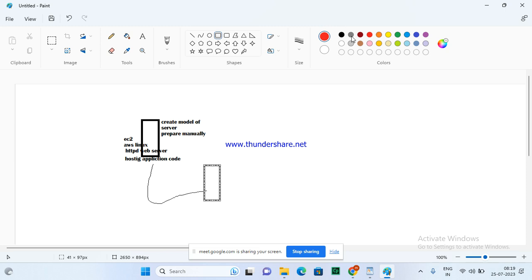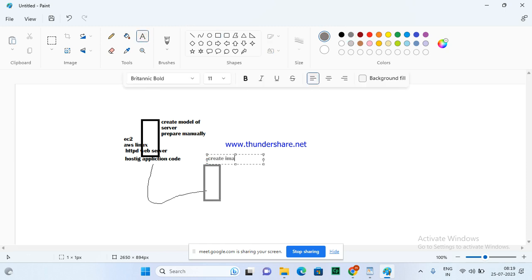Once it's done, your next task is to immediately create an image of the server. Image is a duplicate copy. Whatever you have done, I'm just copying it. An exact copy is called an image. Why am I copying? Because I want to pass this image to auto scaling, because auto scaling is generating the servers.